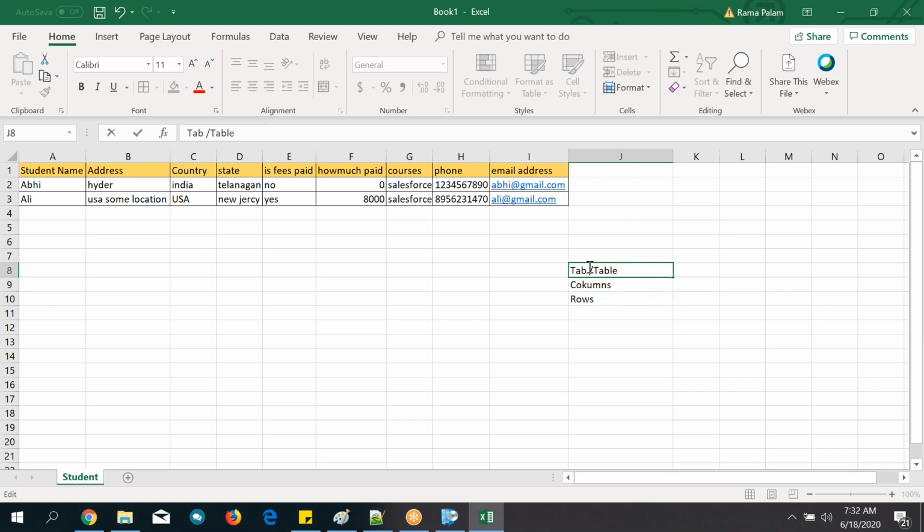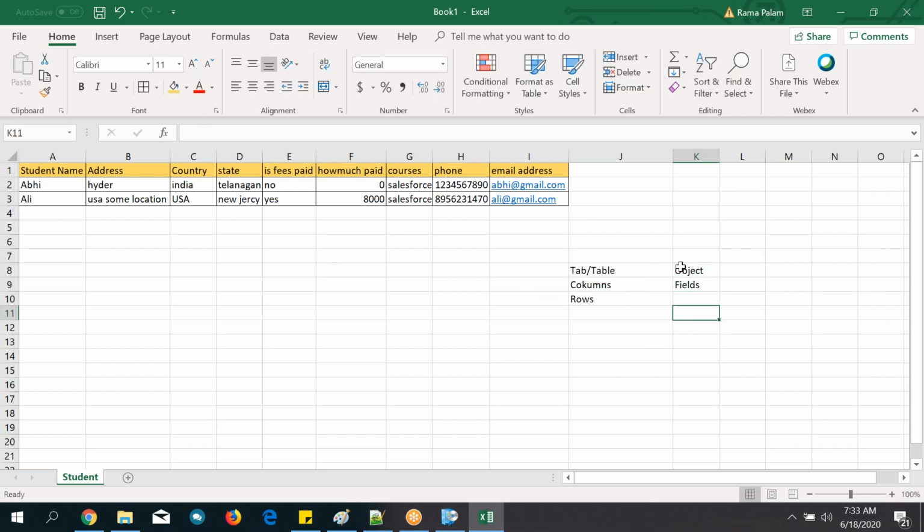Okay, cool. But if you compare with Salesforce, what technical terms can we call it? So this tab is nothing but an object in Salesforce. Tab or table in SQL, right? If some people know SQL, that is the reason I have given the name table. In Salesforce we can call it an object. Remember that. And here we are calling them columns in the Excel sheet. In Salesforce we can call them fields.